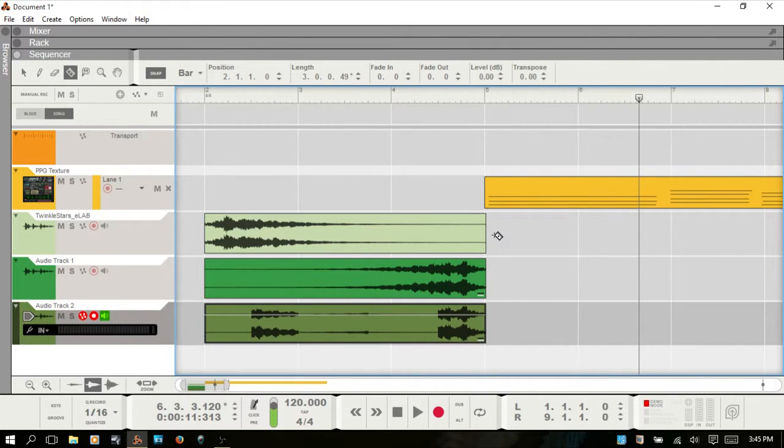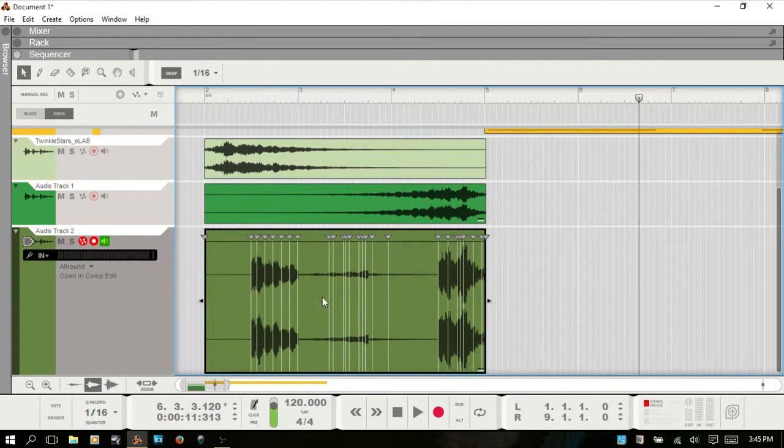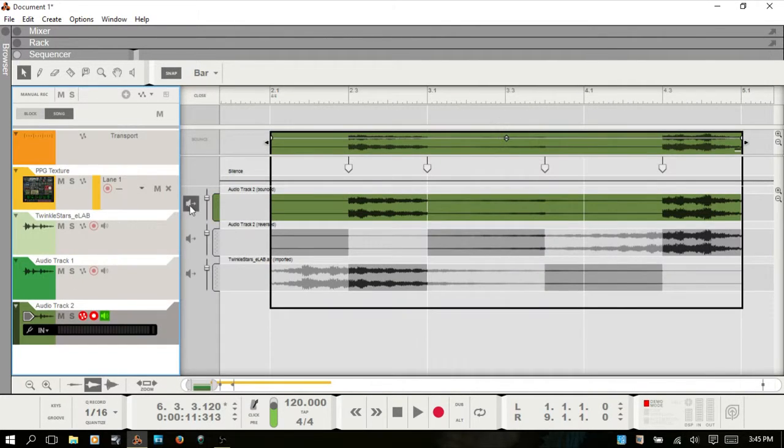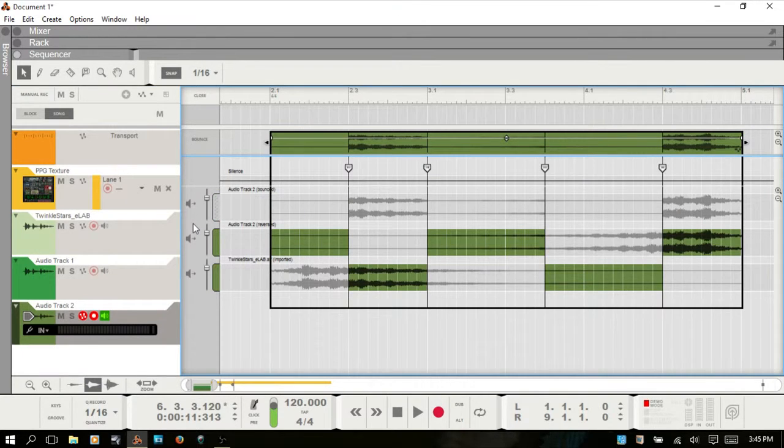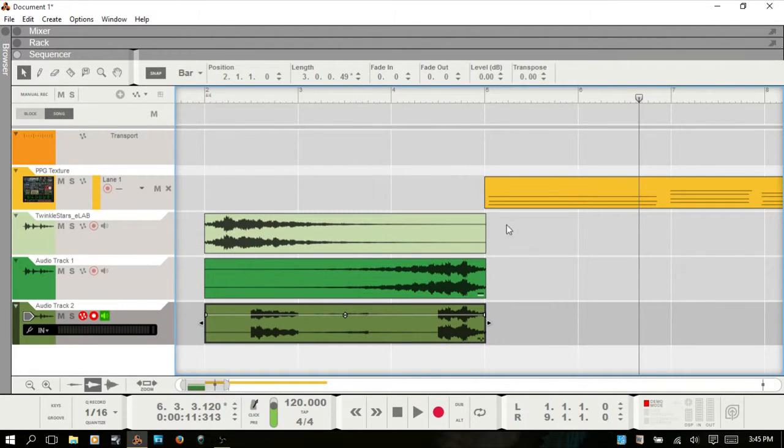One thing to take note of is that you are given visual indicators. Once you bounce that down, if you double click, you're going to get the inline editor, so you can work with slice markers. But I'm going to open comp edit and take this off of single take mode just by deselecting that. Escape out, because I wanted to let you know that